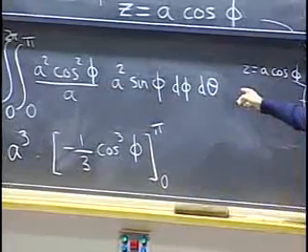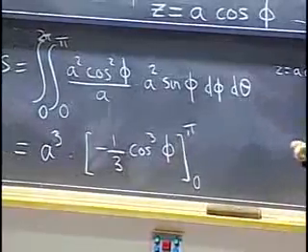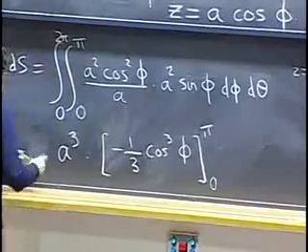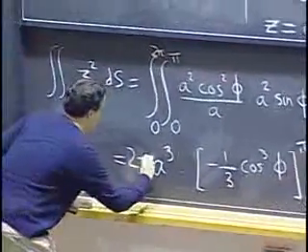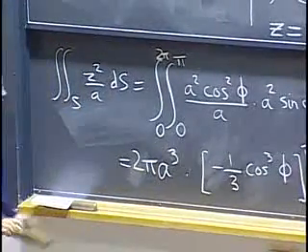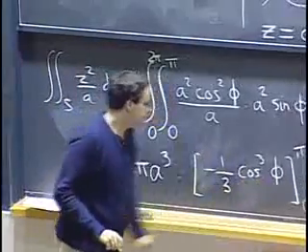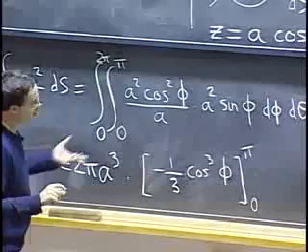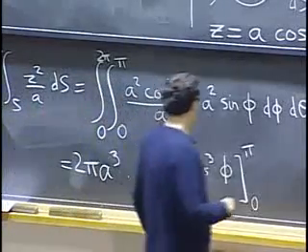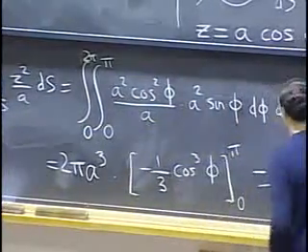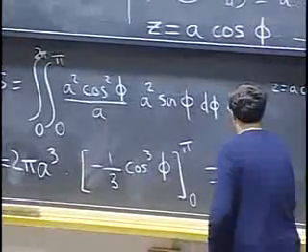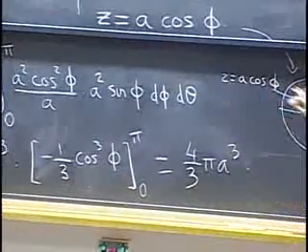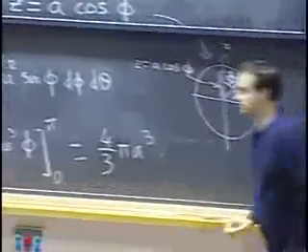And while integrating over theta, we'll just multiply things by 2 pi. So let me add a 2 pi in front. Okay, and now if I evaluate this between 0 and pi, well, at pi, cosine cubed is negative 1. At 0, it's 1. I will get actually 2/3 out of this. So I end up with 4/3 pi a cubed. Okay, sorry, I didn't write very much, but I'm trying to save blackboard space.